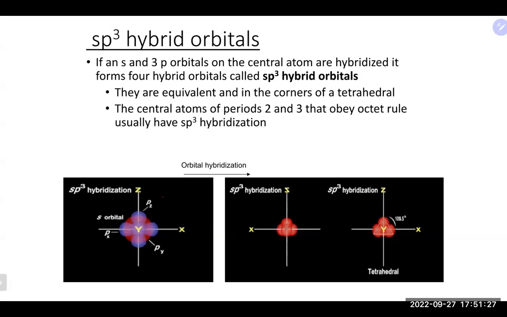And sp3 hybridization, much like the name implies, we're going to take our s orbital and all 3 of the p orbitals in that subshell and mix them together. The result there is we are going to get this shape here that we see that has a bond angle of 109.5. The geometry with a bond angle of 109.5 is